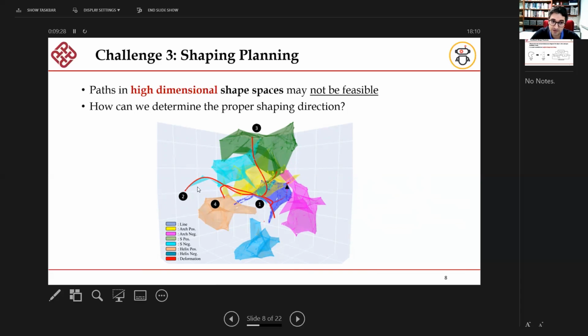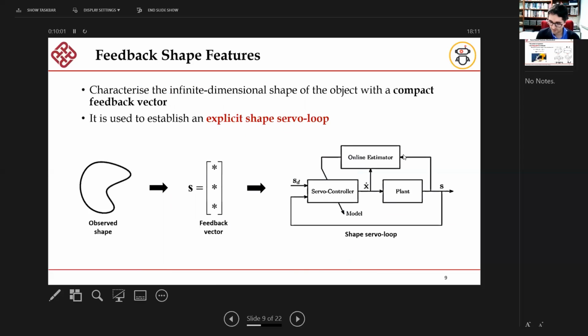So just by attempting to drive the system from one location into another, we might reach, at least numerically, a region that is actually not feasible, that doesn't have a clear meaning. So planning in these spaces is also a really interesting challenge that this application scenario poses. And there's a lot of work to be done in this direction. These are just some directions that I'm giving. So yeah, back to the